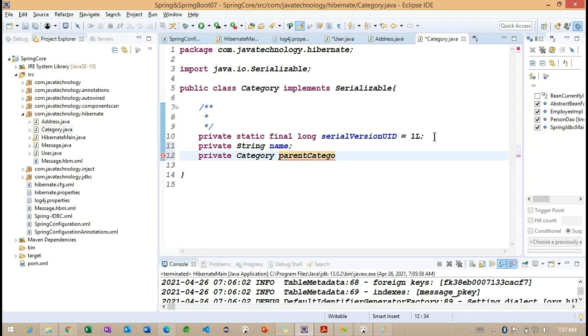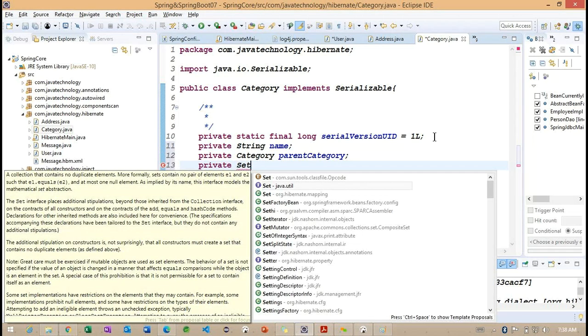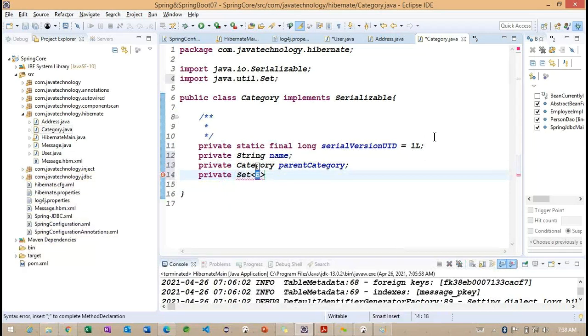So parent category. So this is the parent category, and I want to check with the child category. Whenever we are trying to work with this particular child category, now what we need to do, we need to work on the setter, like a set interface here. Observe here, I want to specify. Okay, let me remove. We'll understand later the generic type here.